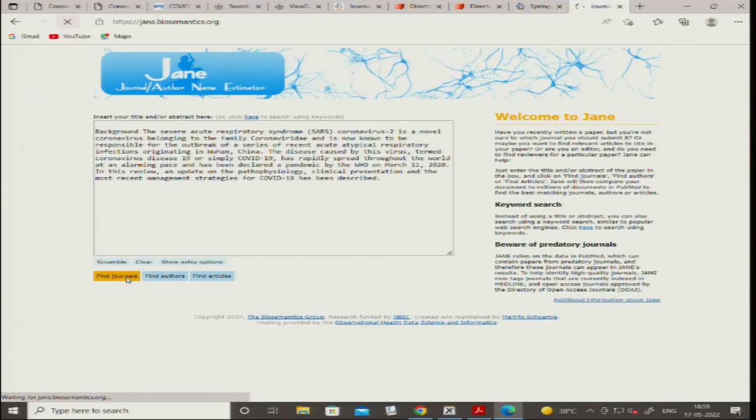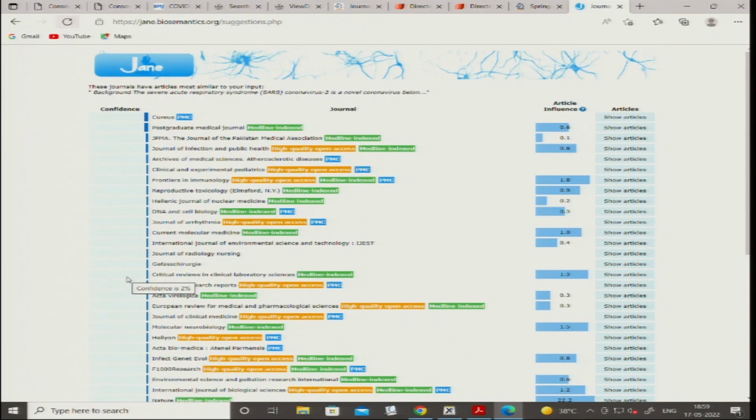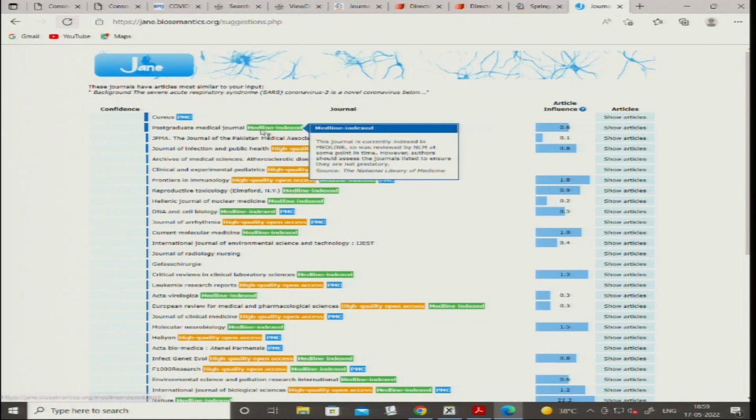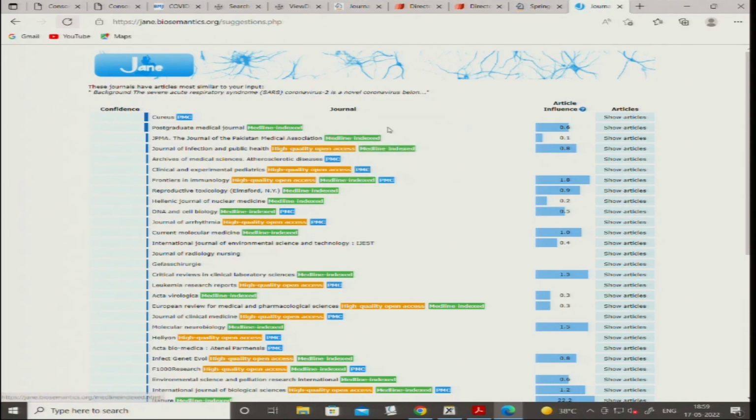Okay, now this service starts over here. You can see now JANE has given you a huge range of lists, right? So your abstract is fit to publish in all these journals. Okay, and here you can see the indexing is also there. So when you click on the Medline index, this journal is currently indexed in Medline, so it was reviewed by NLM at some point. Okay, so you received all the authentic data through JANE, right, and again you received